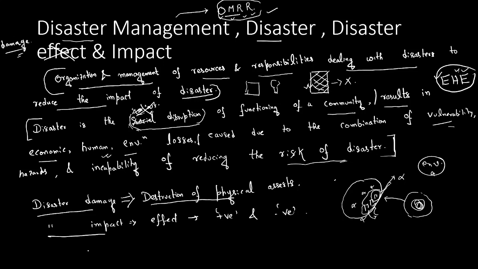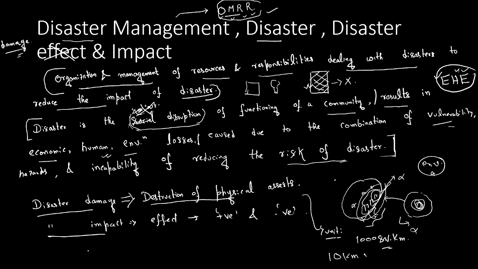Destruction of physical assets. So what is disaster damage? It usually implies the destruction of physical assets. And what is the unit of measuring disaster management? Suppose all these buildings fell down due to an earthquake or a tsunami or a cyclone. A cyclone has to be very strong to dissolve buildings, right? So suppose an earthquake. So let me say that 1000 square kilometers of buildings fell down. Suppose due to an earthquake,